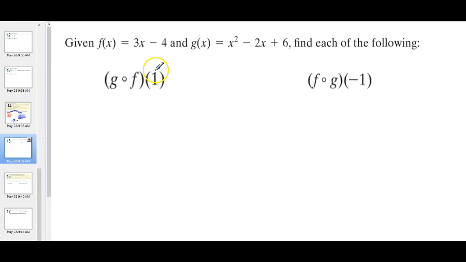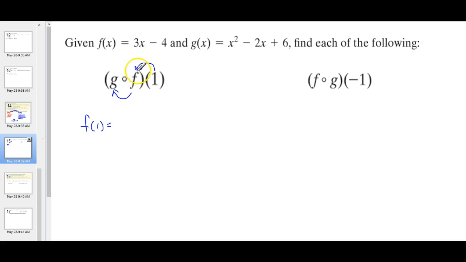It's actually easier when it's a number rather than just x to take the two-step process, meaning put the number into the first function, f, and then get an output there, and then put that output into the g function. Okay, so let me show you what I mean. I'm going to take 1, and I'm going to plug it into f first. That's the first thing we come to. So I'm going to find f of 1 first,